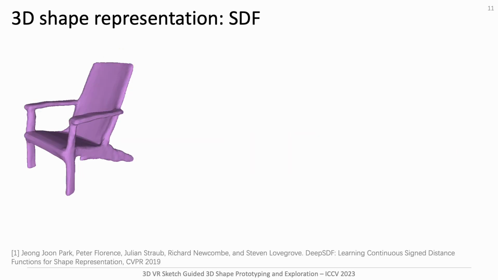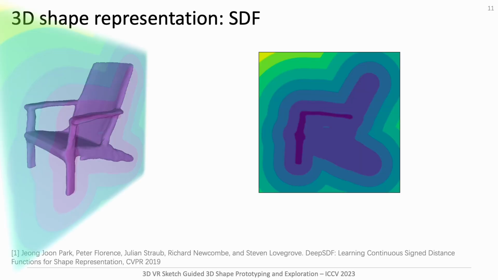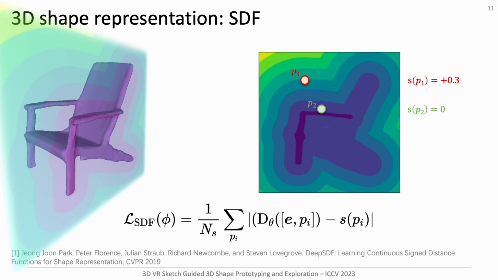The decoded 3D shapes are represented with signed distance functions, referred to as SDF. The signed value s_i of point p_i indicates that the point is inside or outside the surface. In the general setup of training an SDF decoder, the network is driven by an SDF loss to closely resemble the ground truth shape. The SDF loss regresses the predicted SDF value to the ground truth value s_i, where N_s is the